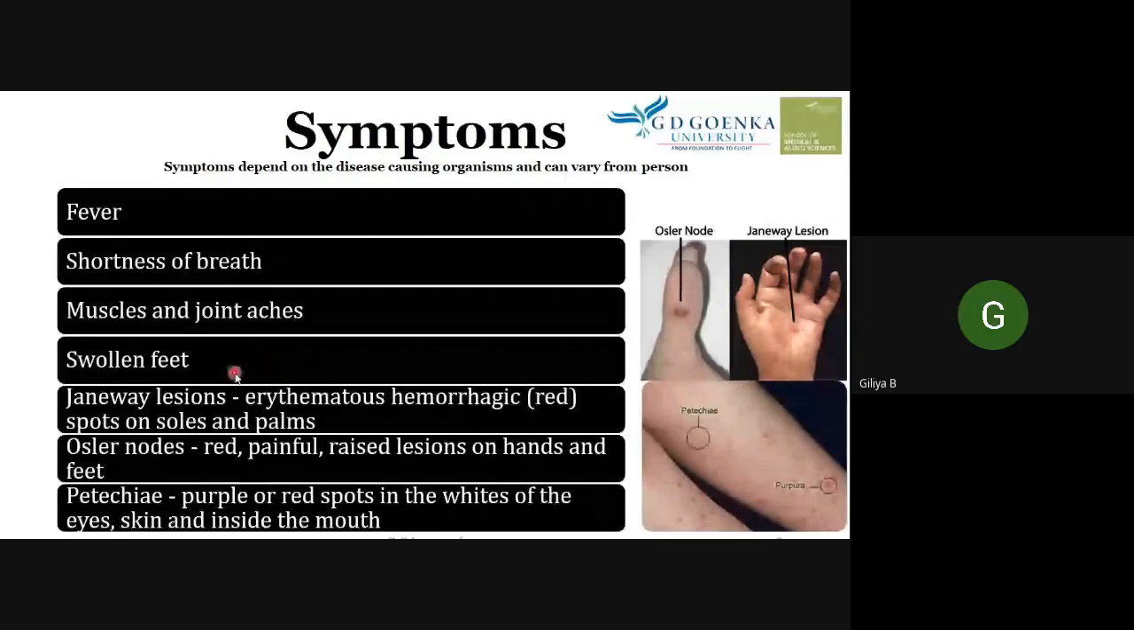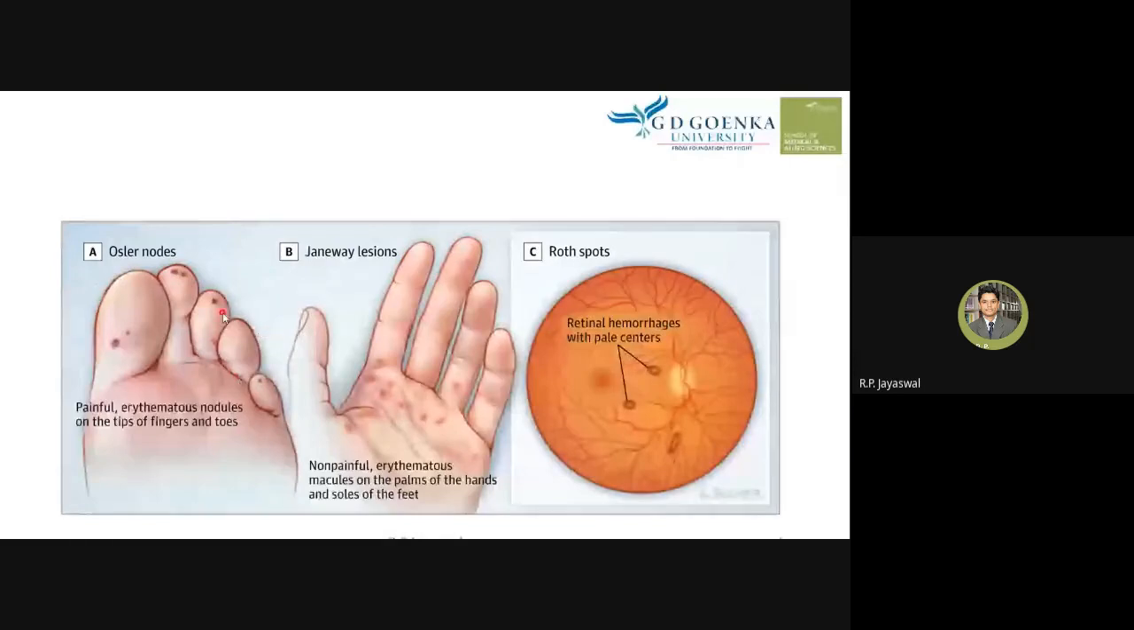Okay, so these are other images with the symptoms we can see. Osler nodes are painful. Janeway lesions are non-painful. So here we see the erythematous macules or spots on the palm, and they can also be seen on the soles of the feet. So a similar red spot can be there, or there can be Osler nodes, which are painful erythematous